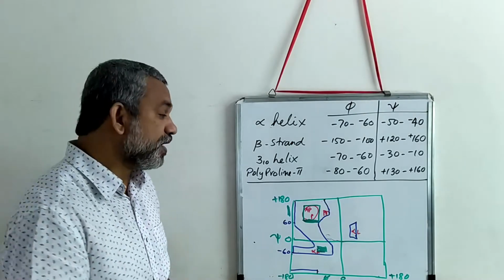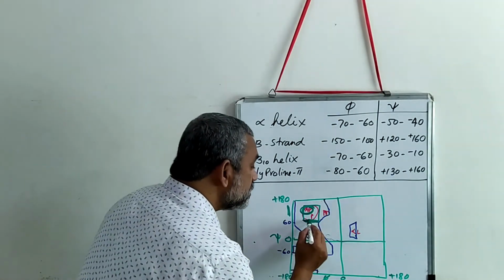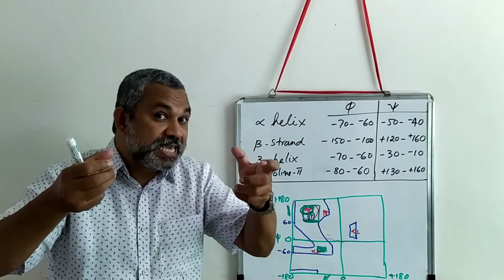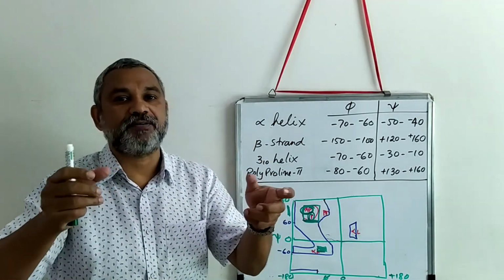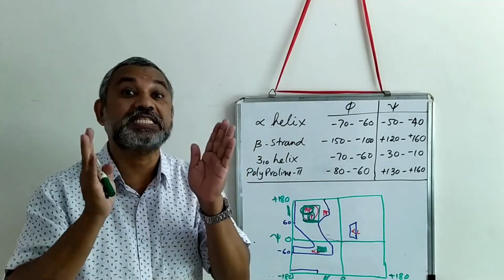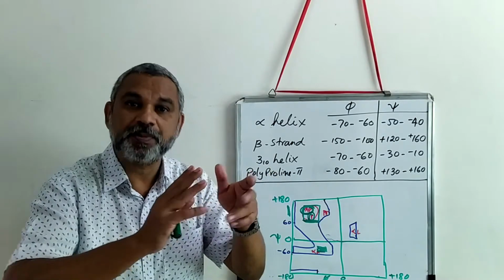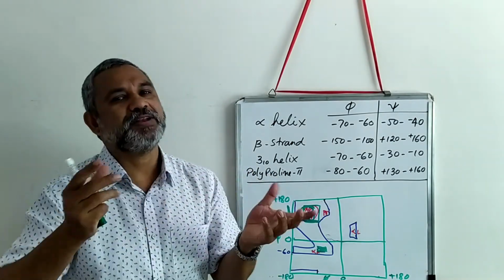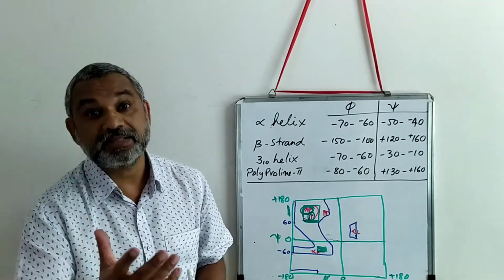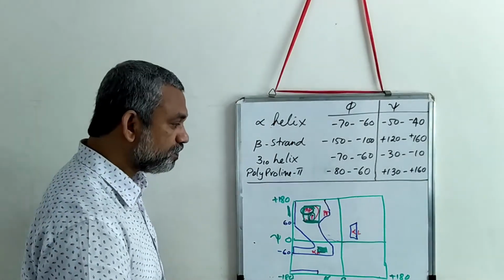In that, if you look very closely, this region is for the anti-parallel and this is for the parallel beta strand. That is because, as we have seen, around the alpha carbon, C alpha, is the rotation. Which rotations are possible without getting into steric hindrance from the R group of the amino acid? If it is a bulky R group, it will allow less rotation. If it is a simple R group, it will allow greater rotation, and that can help in forming either the alpha helical structure or the beta pleated structure.